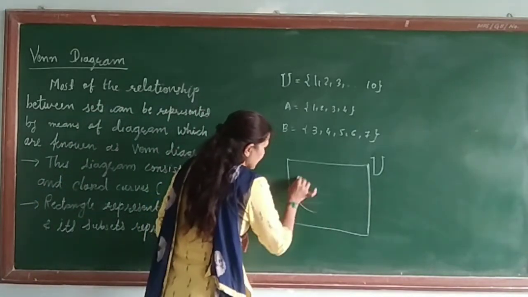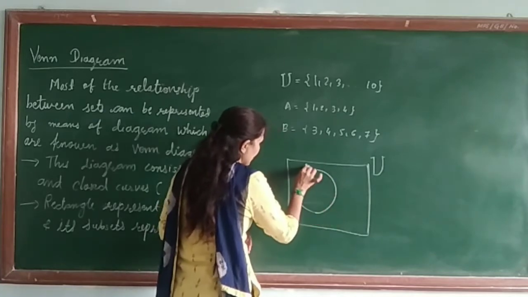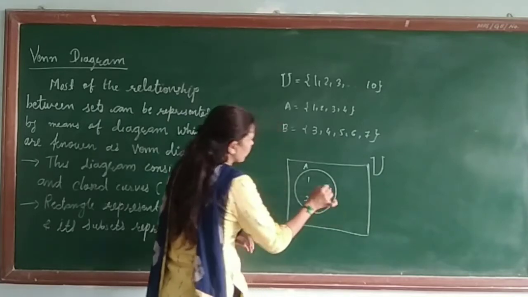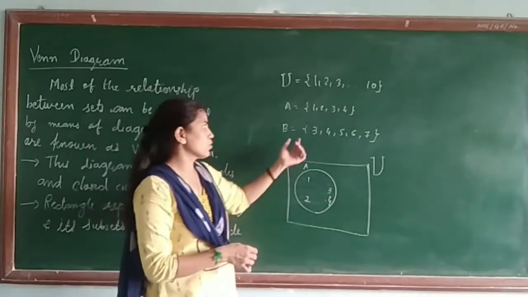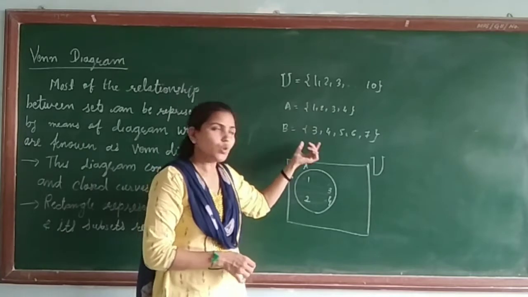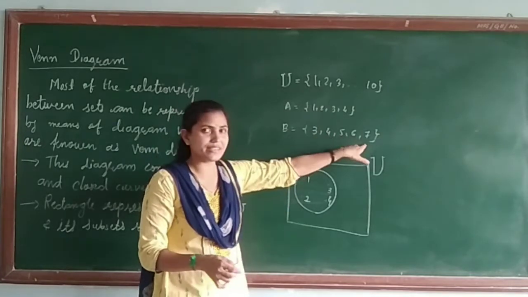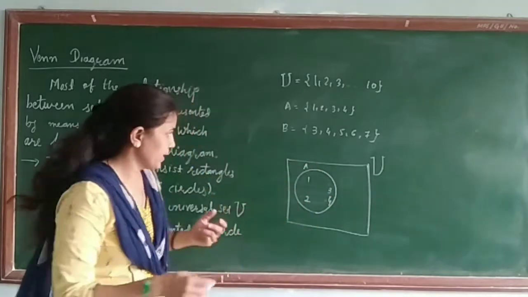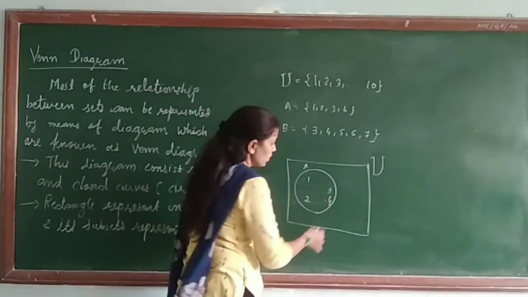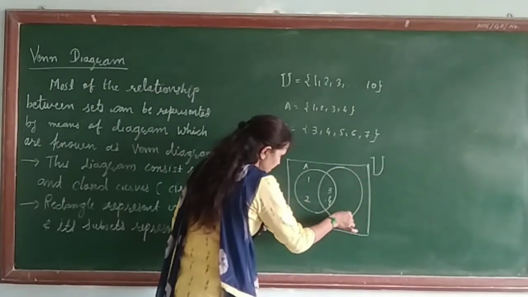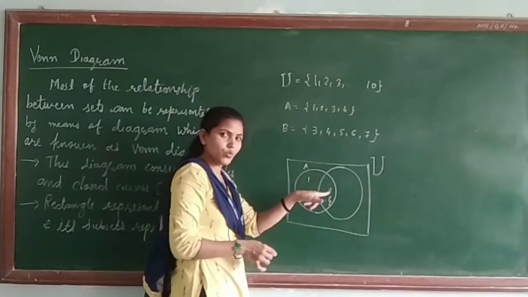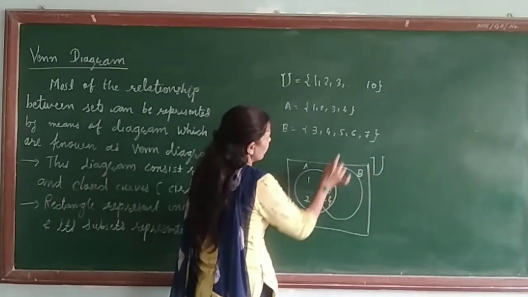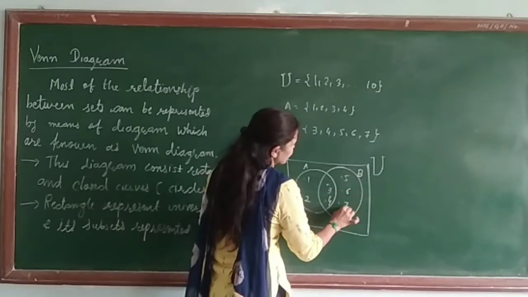So here I am representing the first subset, that is A. What we have: 1, 2, 3 and 4. So now I am going to write the second set, that is B. So what will B be? 3, 4, 5, 6, 7. And as you know, inside a set no element is repeated. So 3, 4 is already written here, so I do not have to repeat it. So B will be the set here, which already consists of 3 and 4. So I have written B here. So this is 3 and 4. Now 5, 6 and 7.